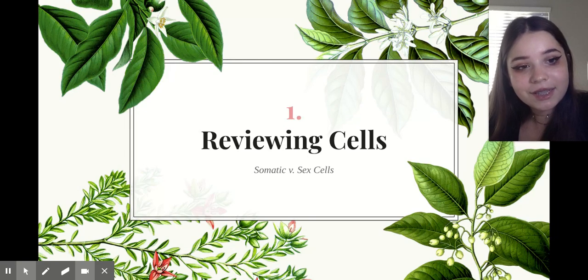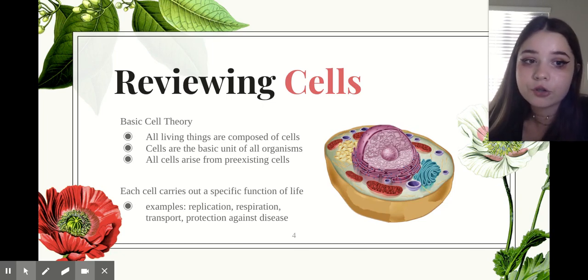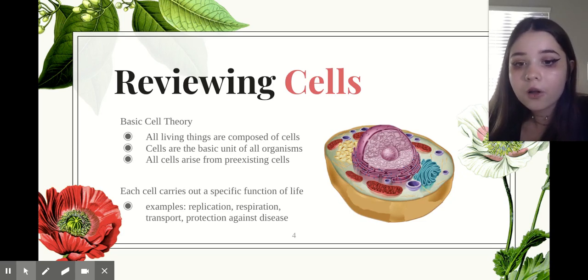So first, let's begin with reviewing cells, specifically somatic and sex cells. So overall, cells are little subunits of life. They make us up. They're the smallest structural unit in life, and they carry out different functions in your body. Cells are super important. And basic cell theory says that all living things are composed of cells. Cells are the basic unit of all organisms, and all cells arise from pre-existing cells. Now, this third point we need to really emphasize because this deals with mitosis, which is what we learned this